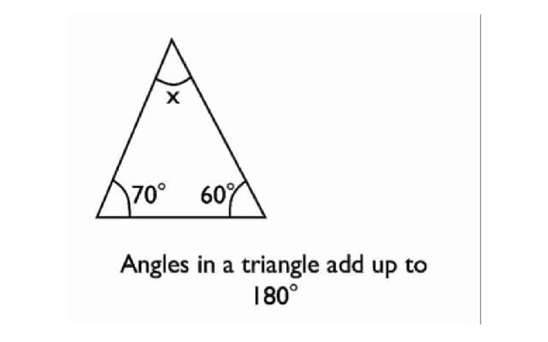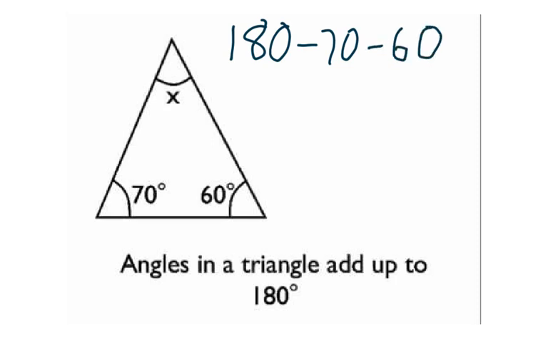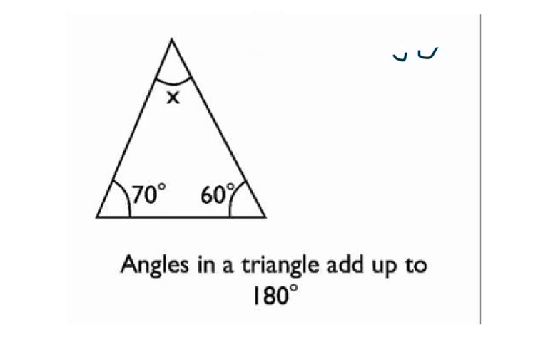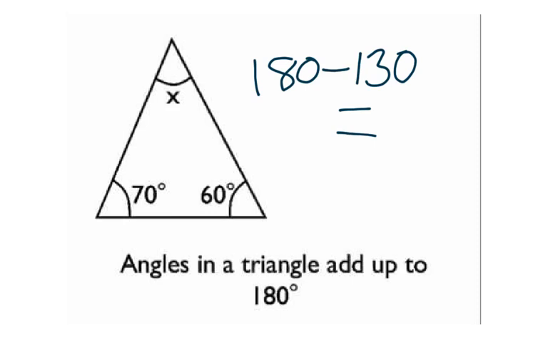So what I could do here, I could either do 180, take away 70, take away 60. This is exactly the same as finding the straight line. Or I could combine my 60 and 70 and take that away. And that's what I'm going to do because I can do that in my head. I know that 70 add half of the 60 is 100 because that takes 30 from the 60, plus the other 30 is 130. And then I can do 180 take 130 in my head. I know that 80 take 30 is 50. So I know that this angle is 50